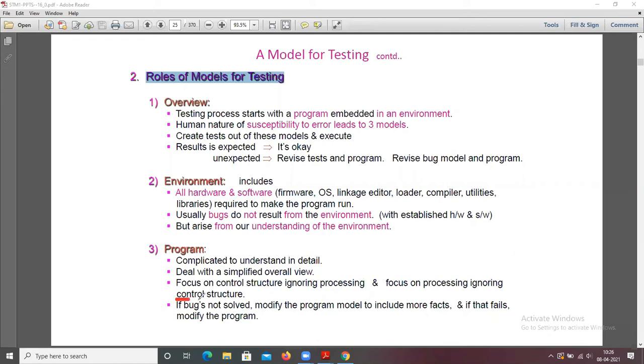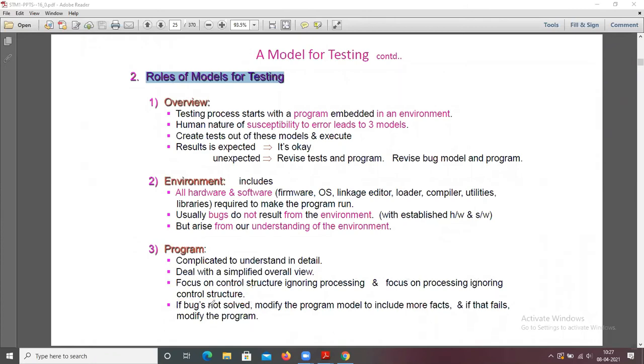Control structure means the flow of control. Sorry, it's not a flow of data, it's a flow of control. So when you focus on processing, you ignore how the control flows in the program.